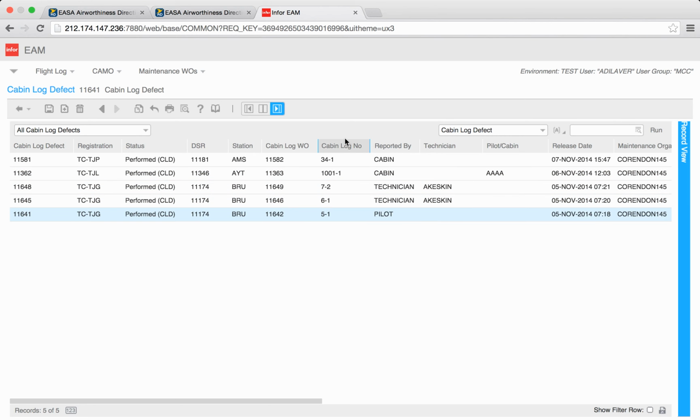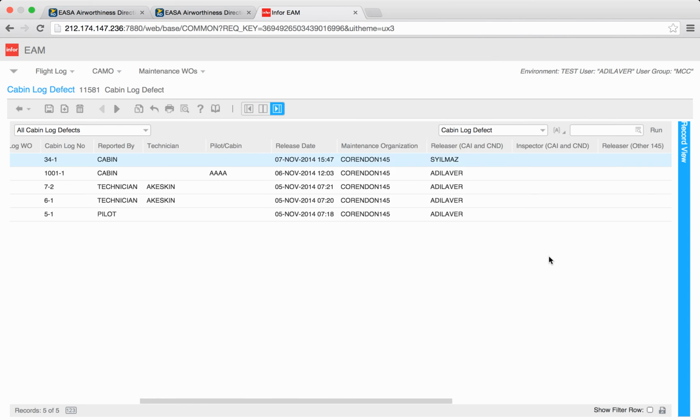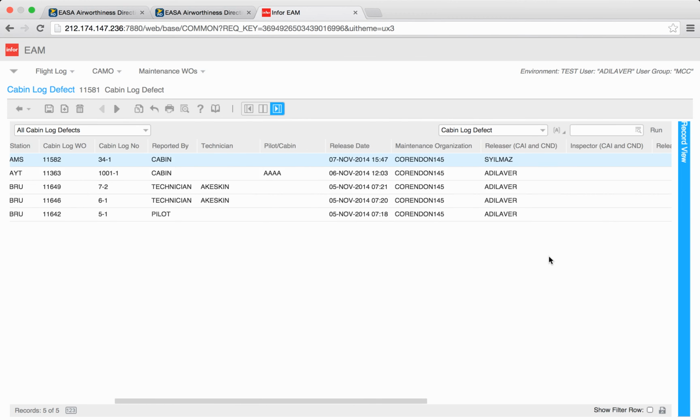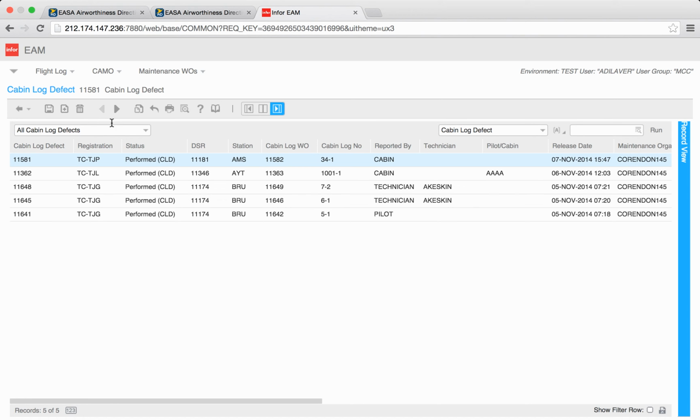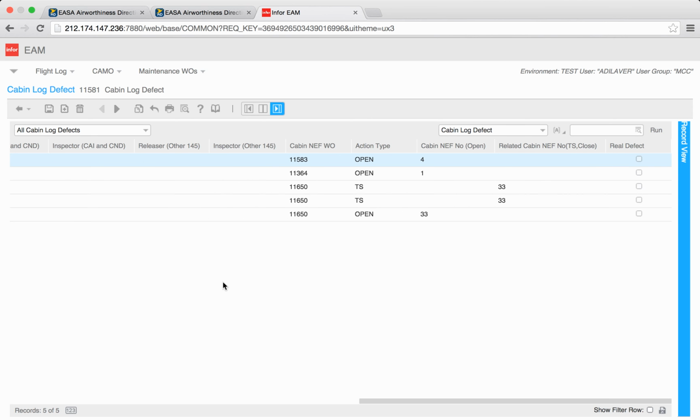So this is the cabin logbook sheet no existing in the cabin logbook sheet, hard copy. And here is the reported by section: technician, pilot, cabin. I will go through all this information one by one at the record view page, and here we cannot see